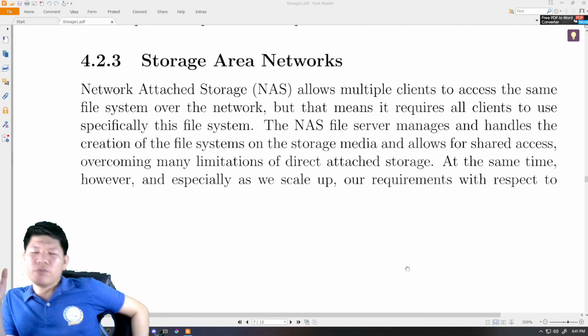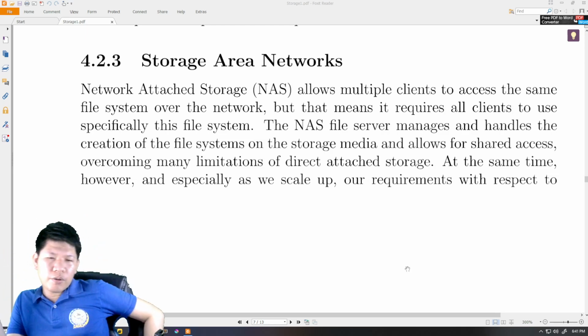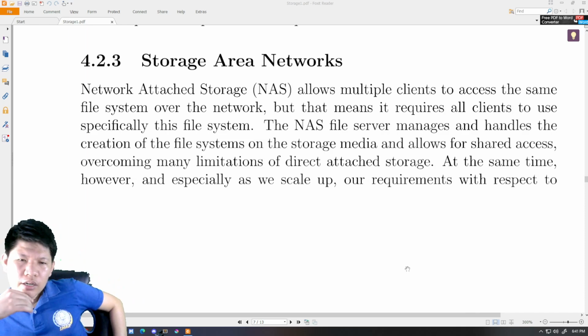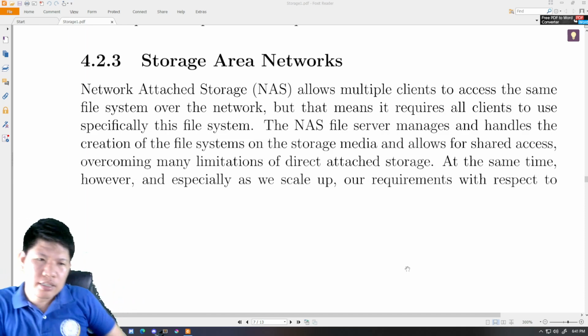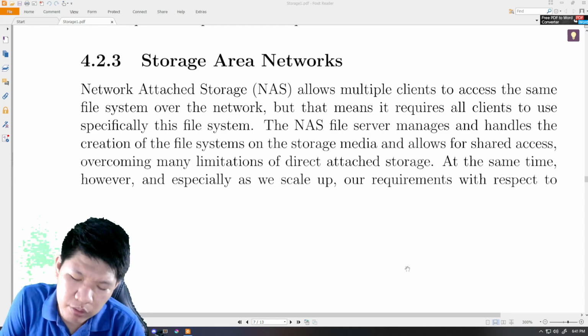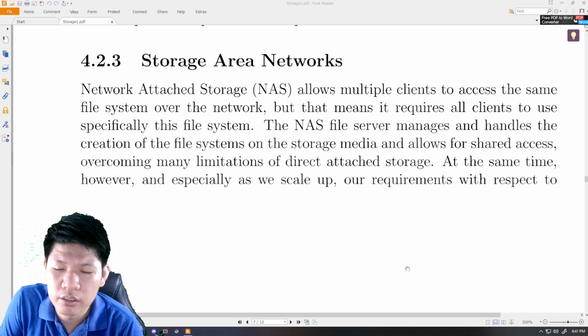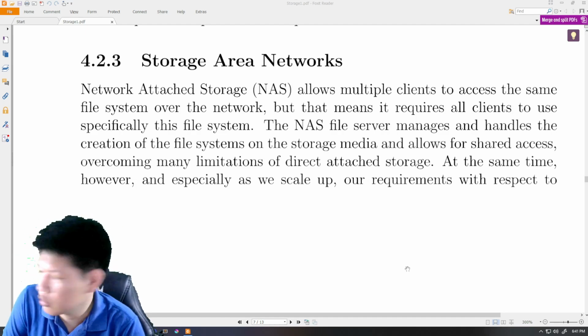What's the difference between network attached storage and storage area network? When we talk about network attached storage, or NAS, it allows multiple clients to access the same file over the internet. Like for example, the Facebook login page. So when we hit request, normally I expect them to become